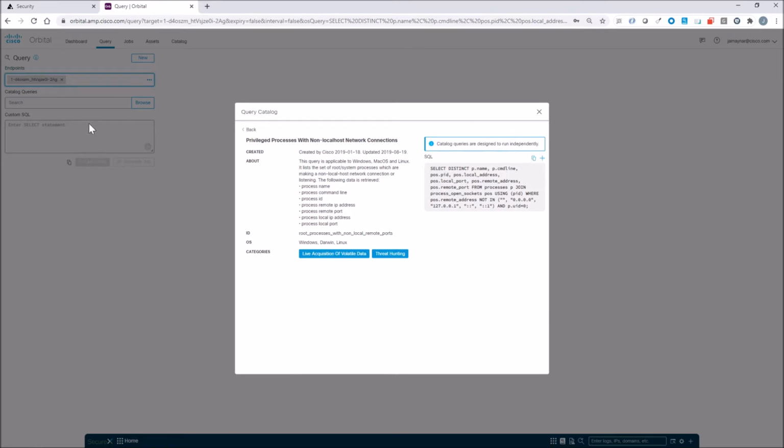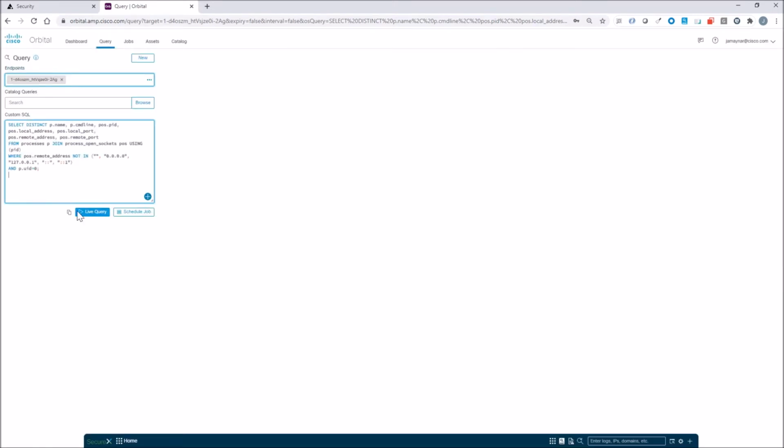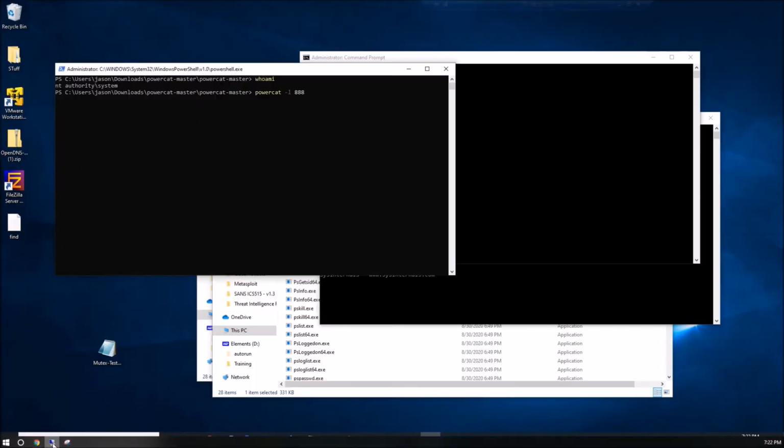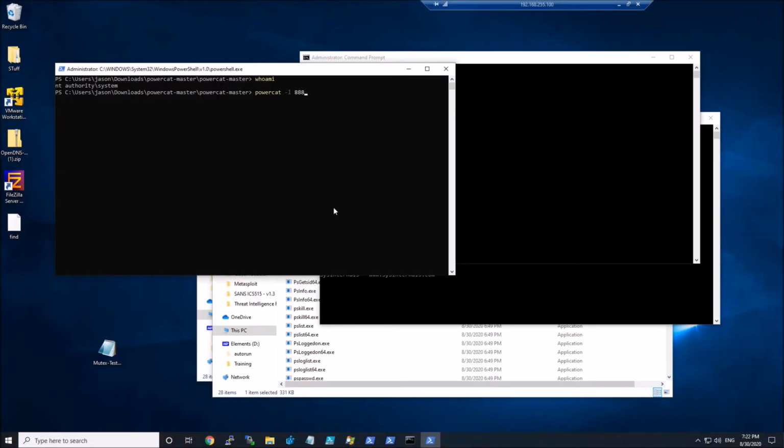And when I went through this exercise, I certainly found some things that were interesting. So when I ran this live query, I get back 0 results. So at the time, I didn't think too much into it, other than I didn't have any connections, right? That were running with a non-privileged or a privileged account, right? And so